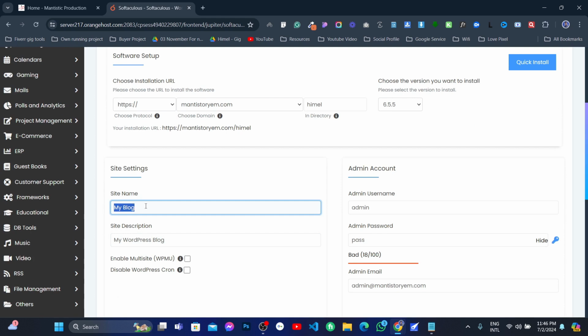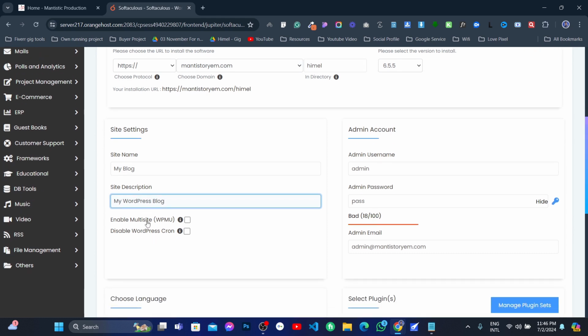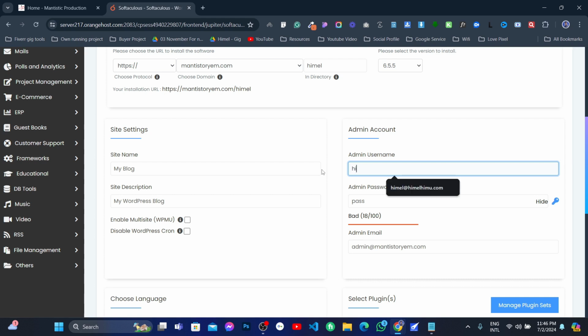There you can change the site name and also the site description, so no need to worry about that. You can change them later on also. So here you can find the option to set the username. You can put your email address here. I put my email,